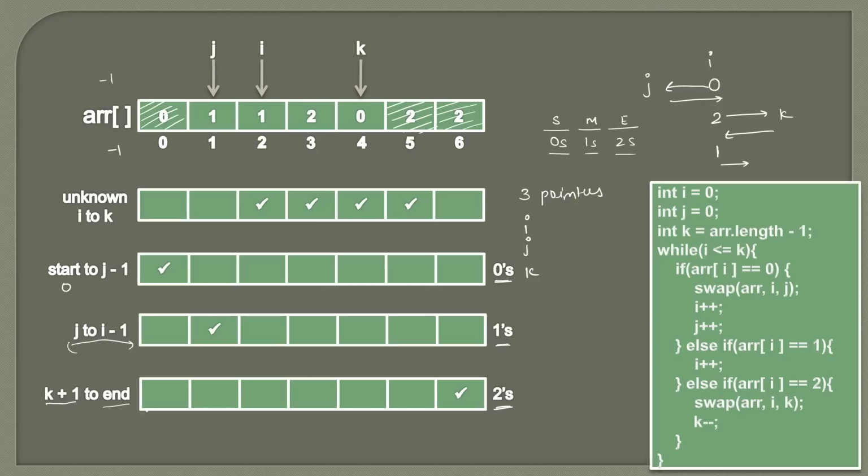So if we mark again from k plus 1 to end, we will mark 2. So k plus 1, this range will be marked as true. So this tick will go away and there will be one tick here. In the middle we have unknowns. Also friend, one more thing, here why are we moving I when array of I is 0 and we are not moving I when array of I is 2? Because when we are swapping it with array of k, we don't know what value it will be. It can be 0, 1, 2, any value.